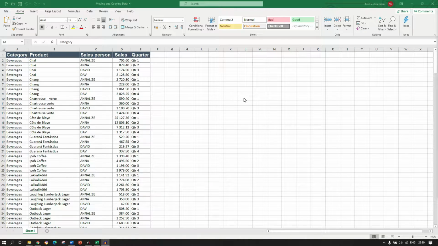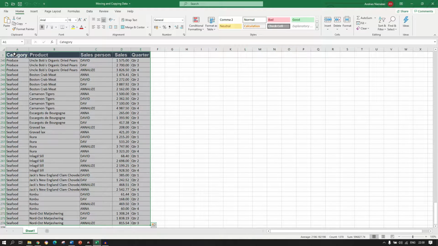Let's look at moving and copying data within Excel. Make sure that you have opened the moving and copying data file. If you do need to download it, check out the resources section. So let's select cell A1, and then a new shortcut key: Control and A selects everything, and all of our table really is now selected, and you can see it's surrounded by this green box